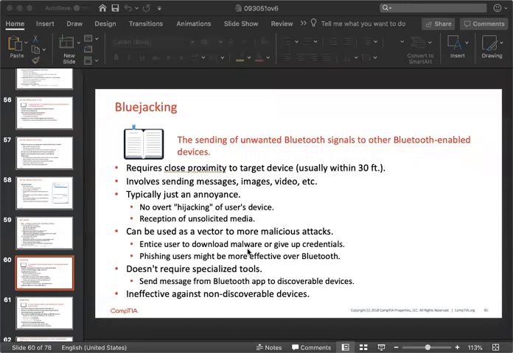Bluejacking is sending text. They're showing here using some old phones, so there's definitely no tools on those. You just have to try to connect to someone through Bluetooth and send them messages. But yeah, I'd be interested to know a little more about these Bluetooth attacks. But bluejacking, the sending of unwanted signals to another Bluetooth device, requires